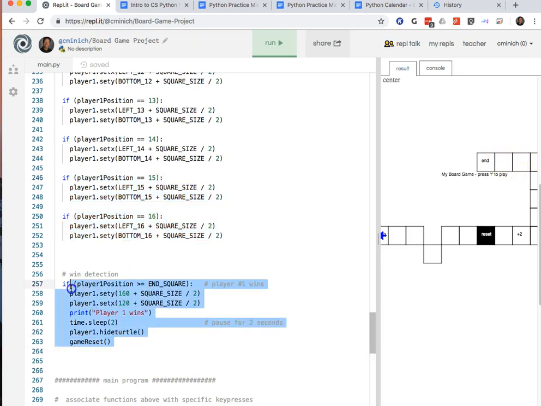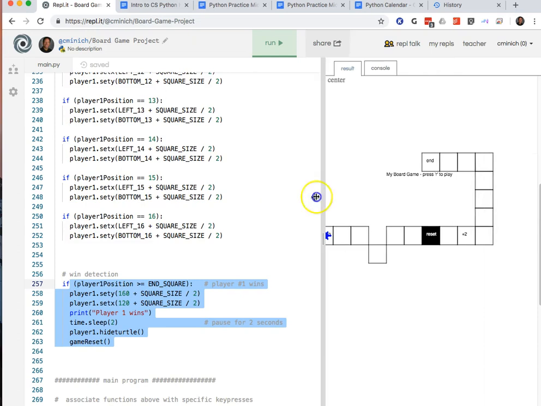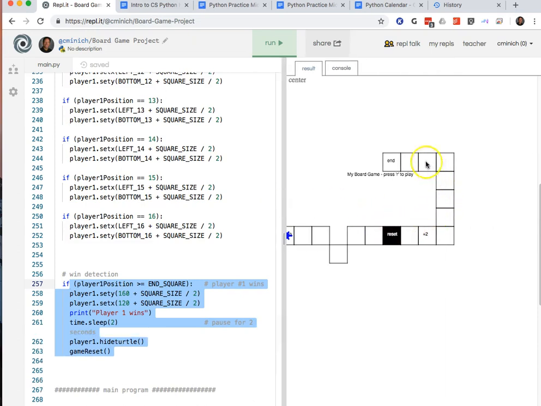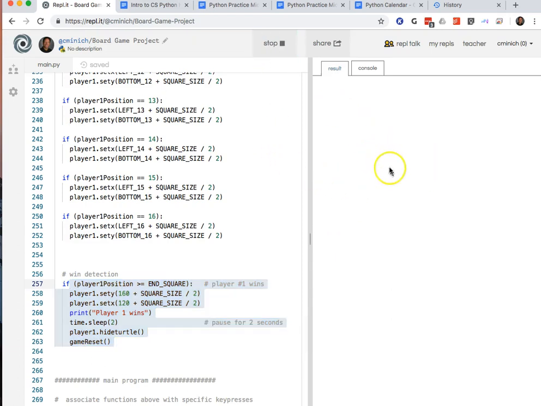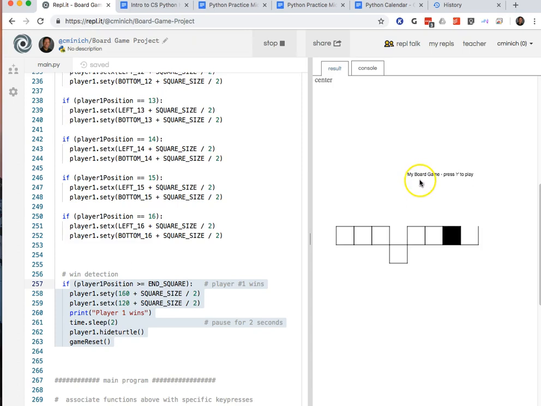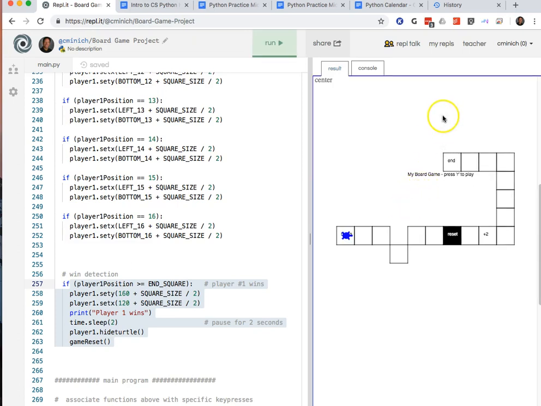This down here is currently handling the n square. Now, the only way to test this to make sure it works is to play the game like 1,000 times to make sure that you land correctly. You could set the program so that your initial roll lands you on one of these squares, but I'm just going to run the program and see if it really does end when I get to the 17th square. Pressing the R on the keyboard,